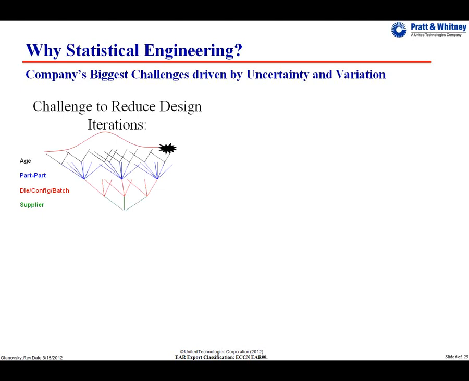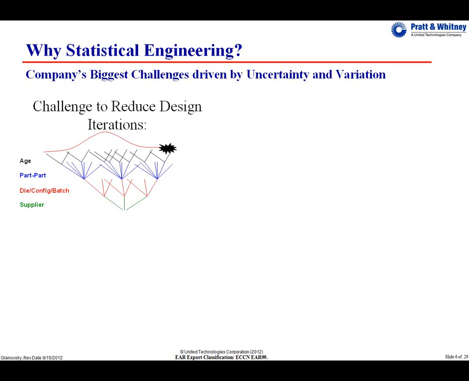Well, the first major challenge that our leadership had always proposed to us is the challenge to reduce design iterations. We form a design, we analyze it, it seems like it's good to go. But as soon as you put it out there in pre-production or in production, you start seeing supplier-to-supplier differences, batch-to-batch differences, part-to-part within a batch, and then, of course, the wear and tear of time. And suddenly, several years down the road, you realize that an uncomfortably large proportion of your population don't meet their requirements. And that means a lot of time and a lot of money in corrective action.